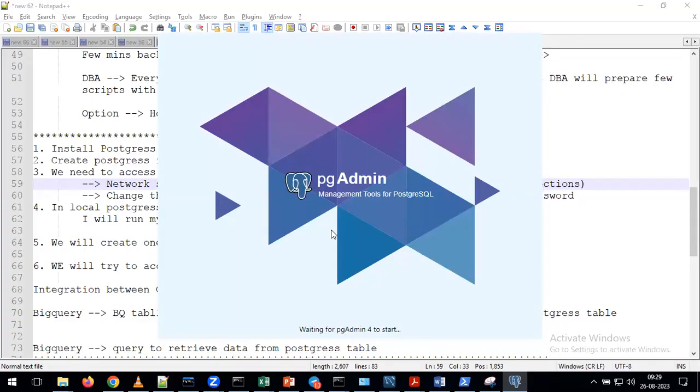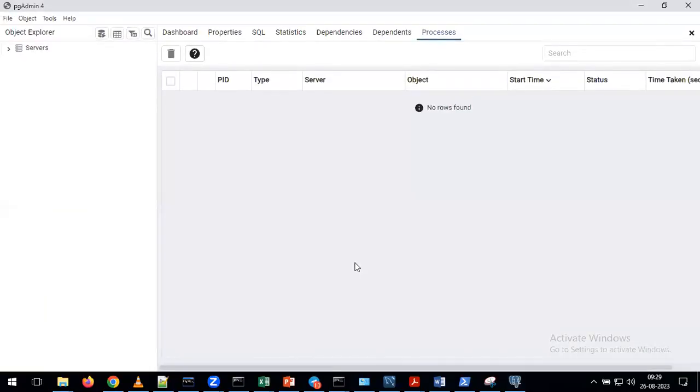Sir, if we are accessing Postgres tables through BigQuery, these tables should be external tables, right? Can you repeat the question? You are asking about external tables? Yes, external tables. But are we creating any tables in BigQuery? We are not creating any tables in BigQuery. We are accessing the tables from Postgres. Indirectly, in BigQuery, we are not storing any data. We are not creating any kind of tables. With the help of BigQuery, I am directly accessing the tables from Postgres.